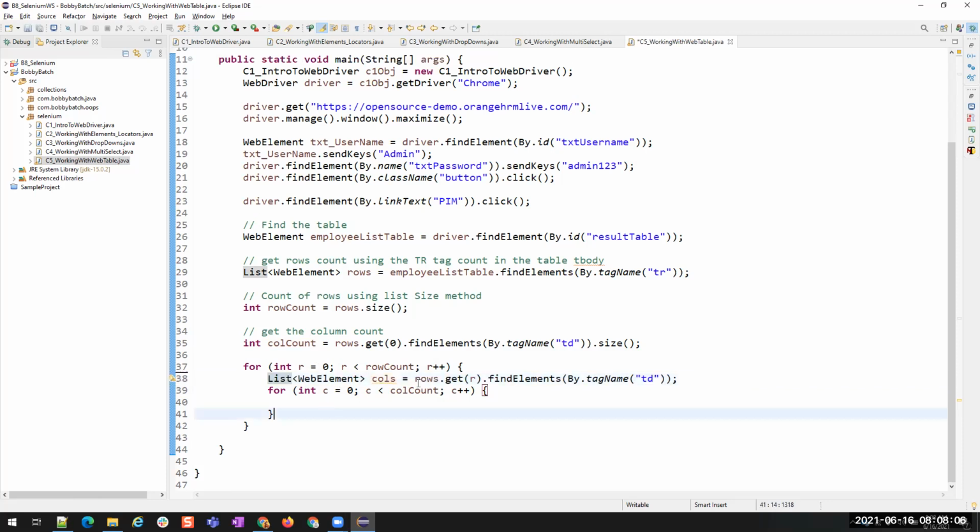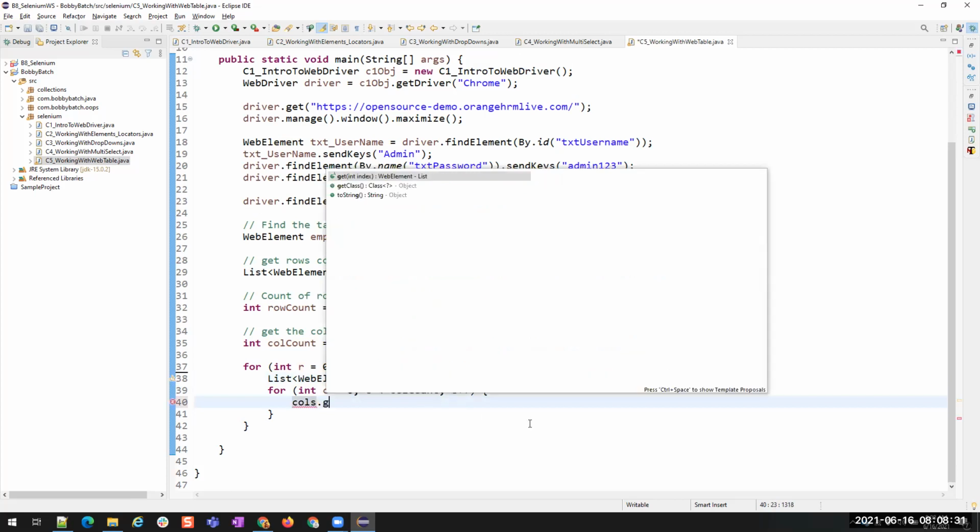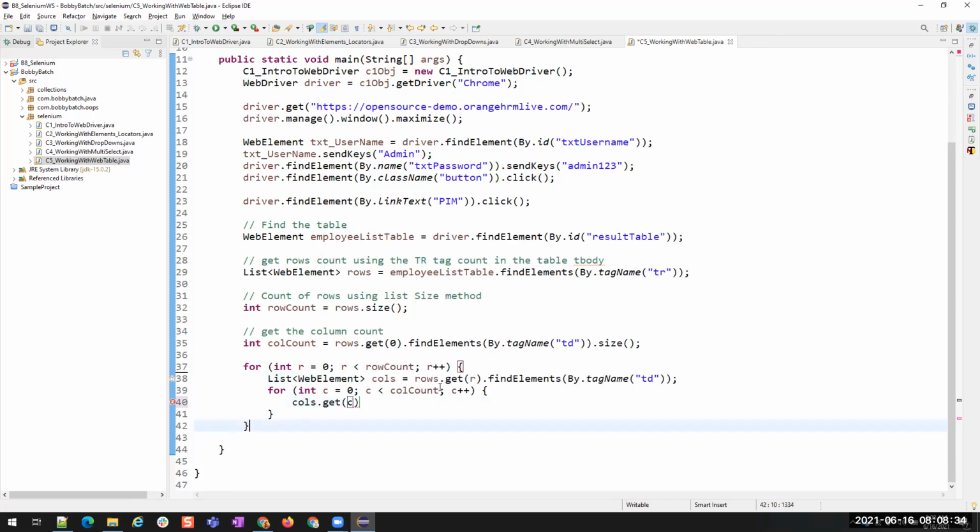Now, what do we have? We found a row and we got all the columns from that particular row. The index will change for each row. For each row, we are getting all the columns from it, right? And then for each column, what we have to do? We have to get the text from inside it. So we have cols.get. See, now it is a column index, right? This one. Okay, let me do that.